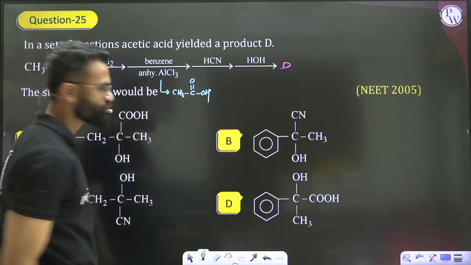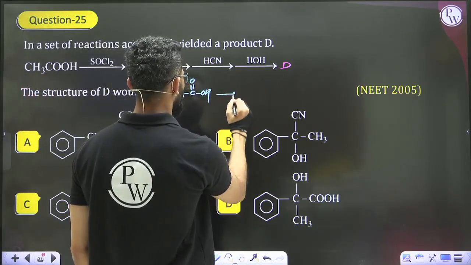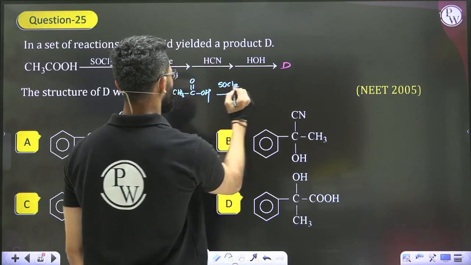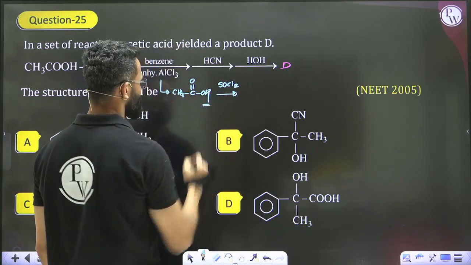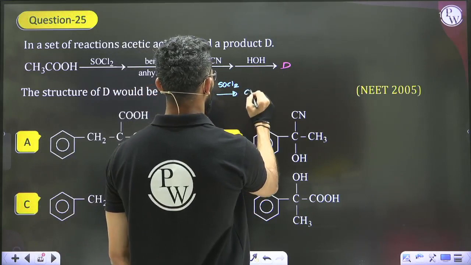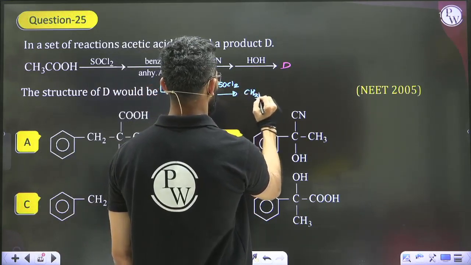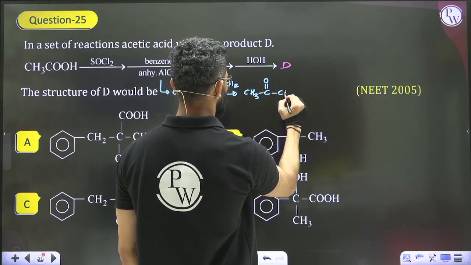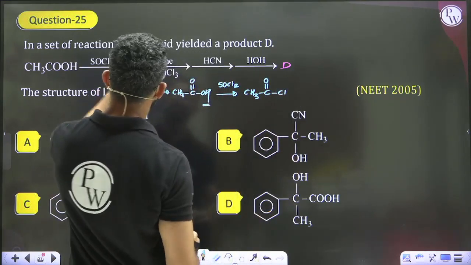Treated with SOCl2. SOCl2 is a chlorinating agent. It chlorinates alcoholic OH or OH of carboxylic acid. We've got CH3C double bond OCl, which upon treatment with